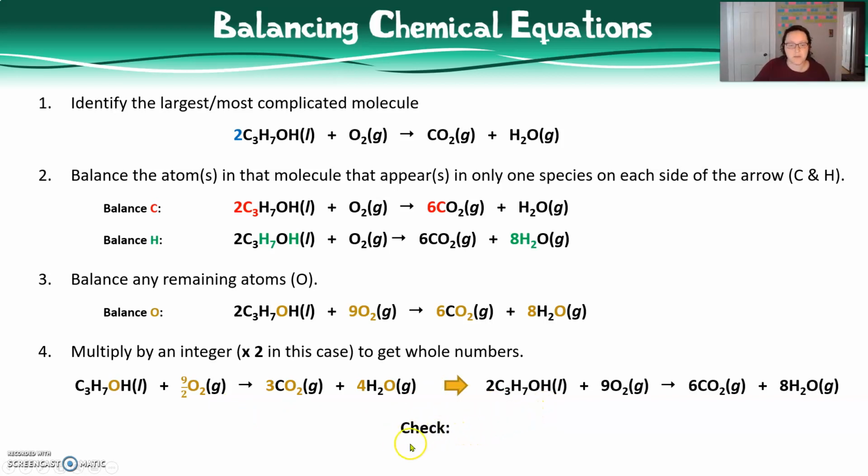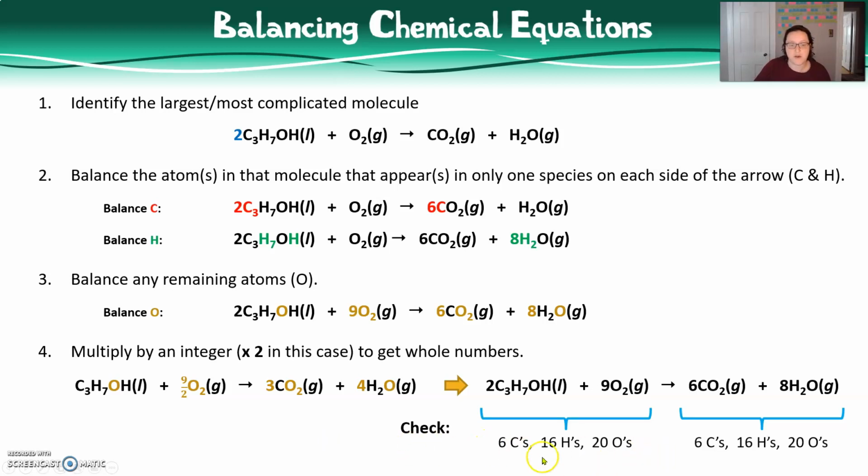Finally, always do a double check of your balanced reaction to make sure that the number of atoms of each element on both sides matches. Here they do, so a final check is to also make sure your coefficients don't have a common denominator that can be used to simplify them to smaller whole number values. In this case, the final coefficients cannot be simplified by dividing by the same whole number, so the reaction is